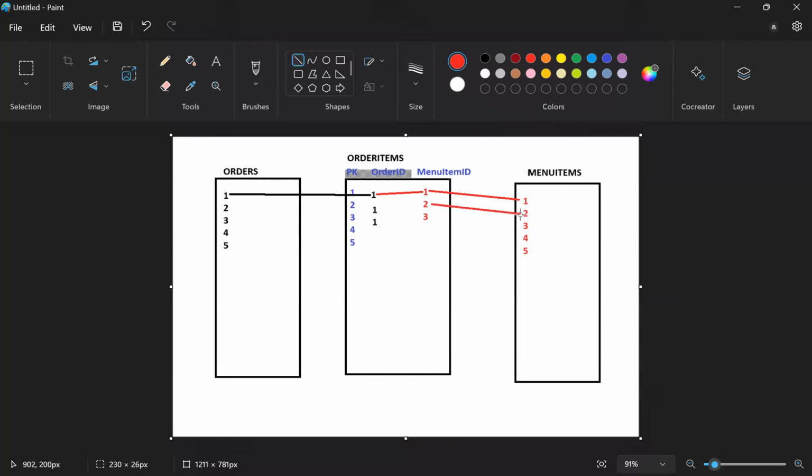And then we can do the exact same thing, linking the order IDs to the menu IDs. So essentially, it's a little bit convoluted, but in order to create the many-to-many, or right now it looks like a one-to-many, but it is a many-to-many relationship, you're basically linking the orders to the menus